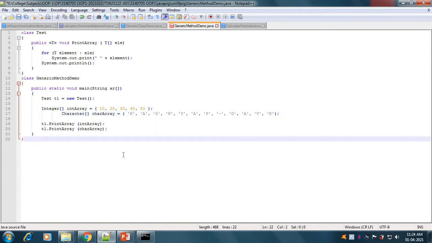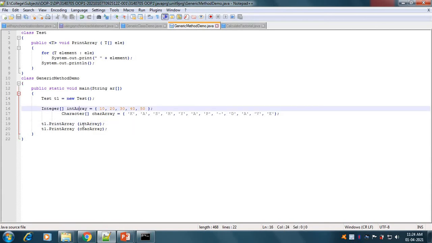We are calling the method printArray with the object T1. In the first method call, I have passed my integer array, so the array type is integer here. So T1.printArray with the integer type. At the time of calling, it will go here, and this generic array will be of type integer.